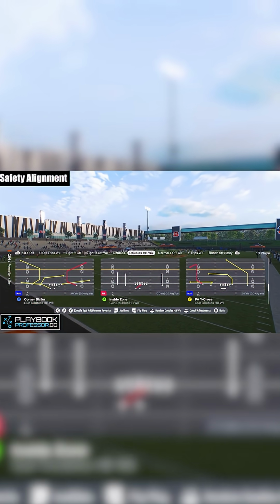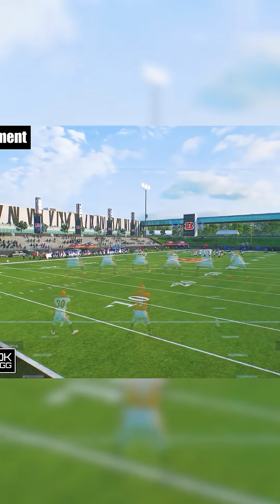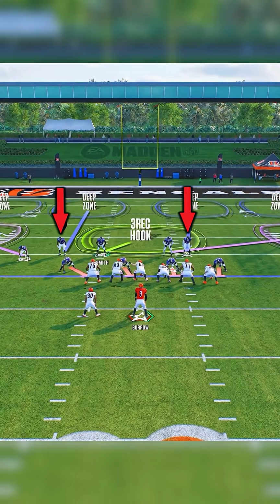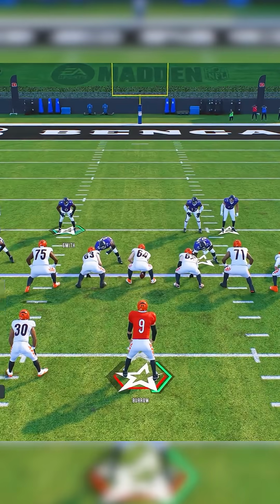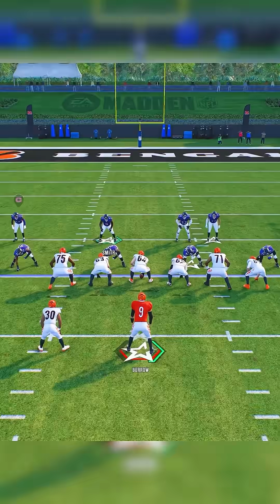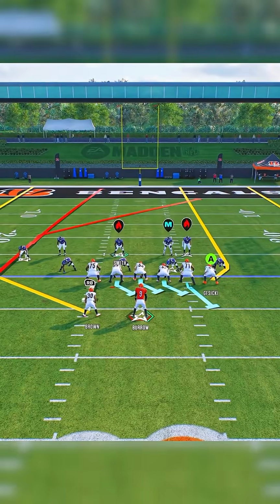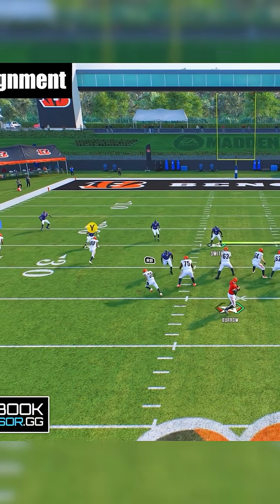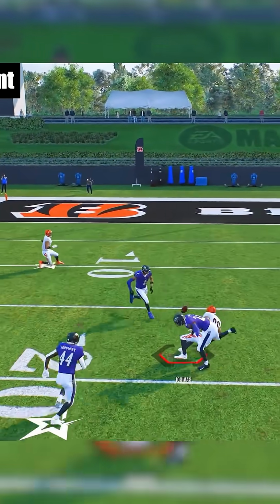We're going to go ahead and call a cover 4 once again, and we'll once again put the defense in 4 verticals. And you can see that this time, look where our safeties are lined up. They are pinched in tight. They are 5 yards off the line of scrimmage. And now all of a sudden, those easy throws up the seam don't feel so easy after all. If your opponent tries to throw it up the seam, there's kind of a safety there to make a play